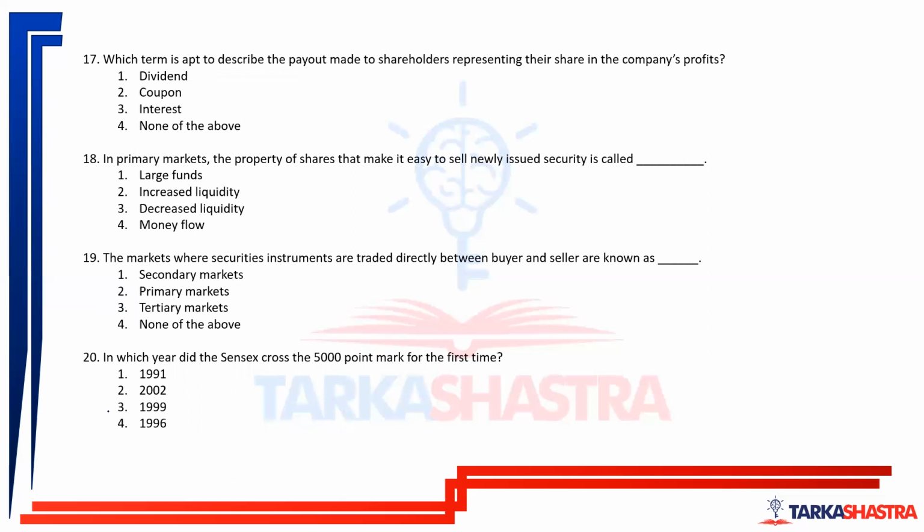Which term is apt to describe the payout made to shareholders representing their share in the company's profit? Dividend. Payout made to the shareholders is dividend. Simple. Many companies give dividends. In the primary market, the property of shares that makes it easy to sell newly issued securities is called